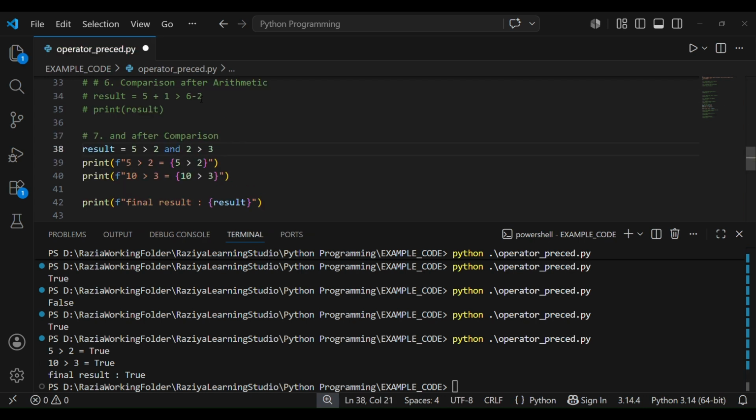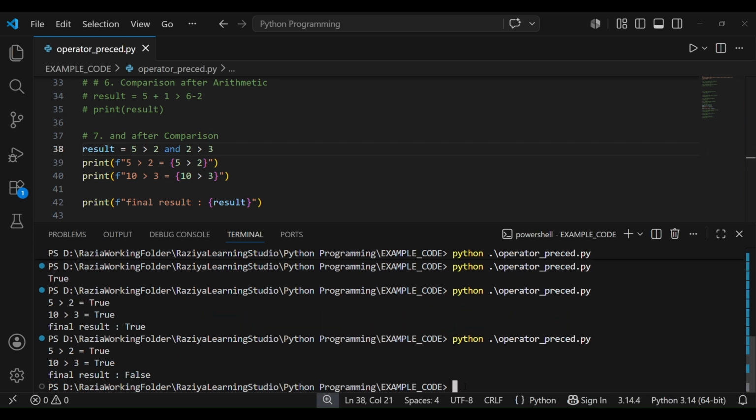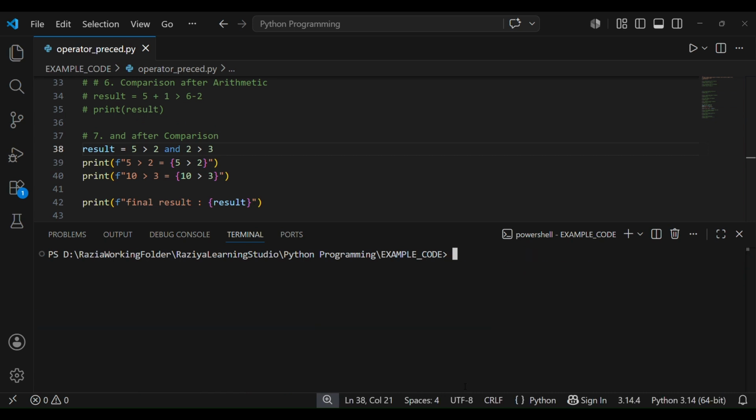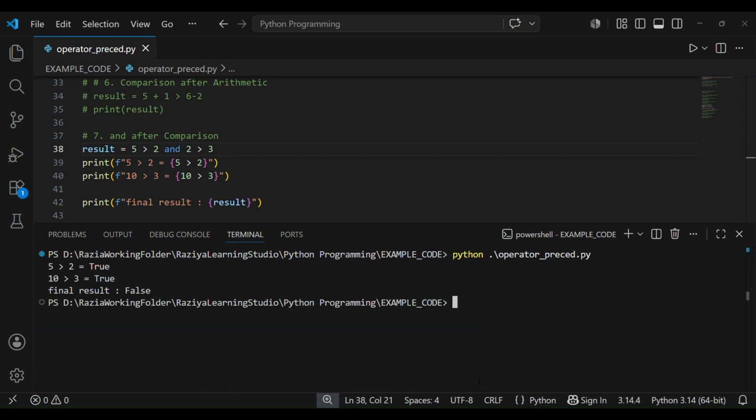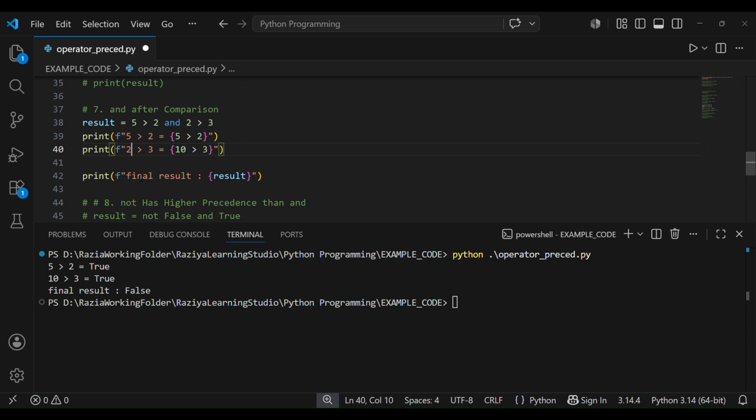Now suppose I do 2 is greater than 3. Okay, so what happens here? This changes, right? Wait, I'll do CLS so that it is easier. See here, 5 is greater than 2, true. Oh, I did not save it. I saved it. 2 is greater than 3. Oh, printing mistake. See, copy paste. This is the problem. We have to change everywhere. I did copy paste there, but did not do it here. So here we go.